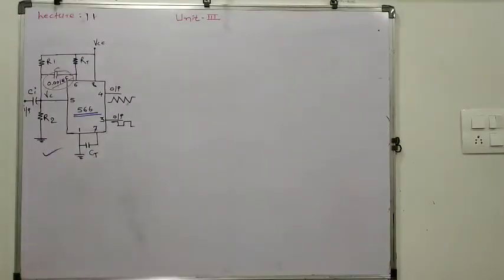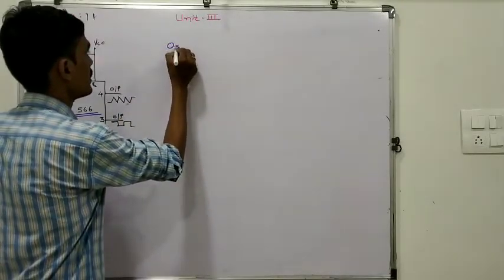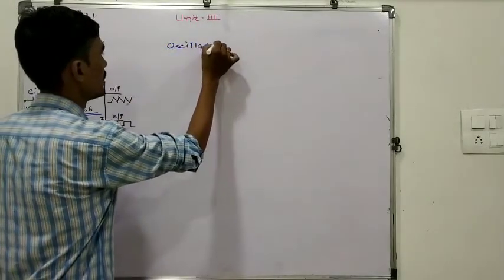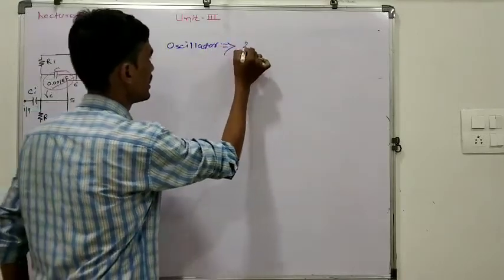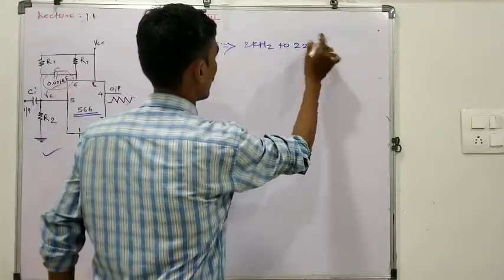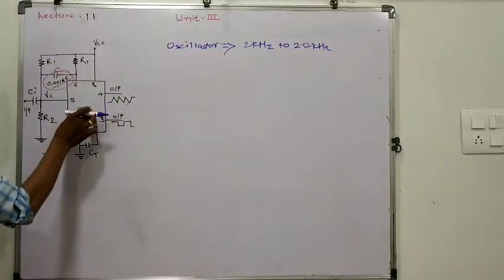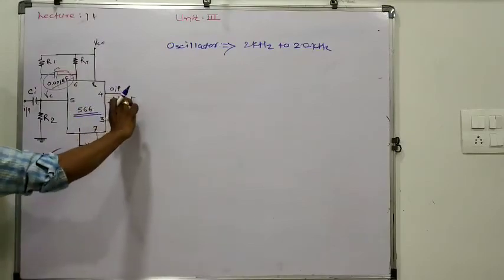Design an oscillator using IC566 for a variable frequency of 2 kHz to 20 kHz. So we have to design an oscillator by using 566, which varies the output frequency from